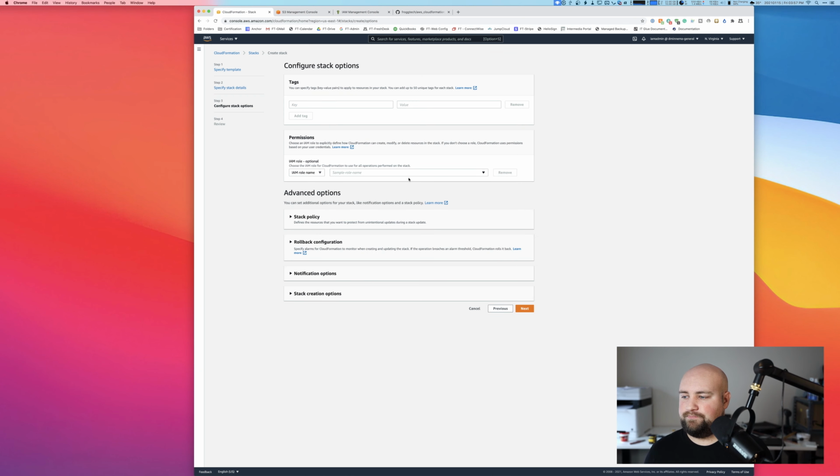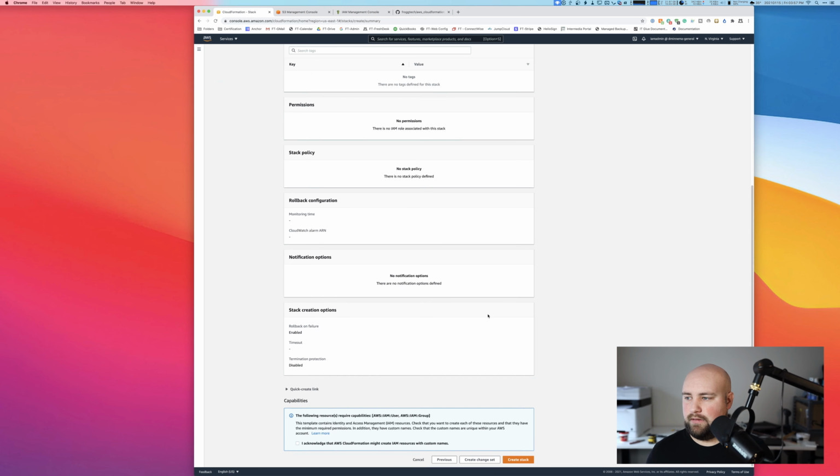And next, through here does not matter. We'll hit next, scroll down, and then you can hit the checkbox, I acknowledge that CloudFormation might create IAM resources with custom names. That's fine. We're good with that. We'll hit create stack,